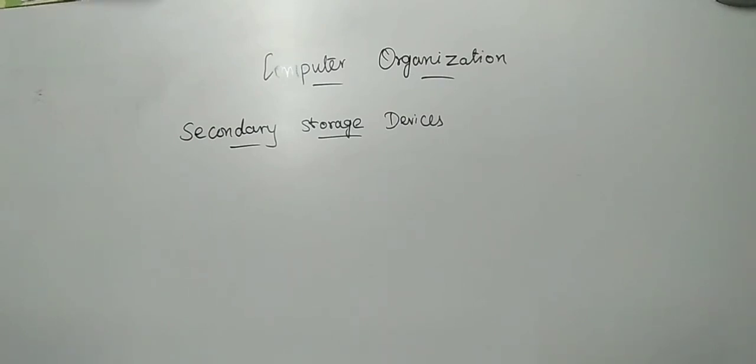Many secondary storage devices are available, but before moving to that, let us see the primary storage devices. In the previous class we discussed some memory devices. While discussing that, I told you their size is very reduced due to their cost. The size is very reduced, and the information you store there is very temporary.